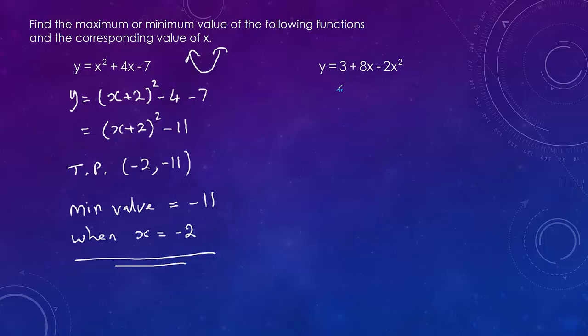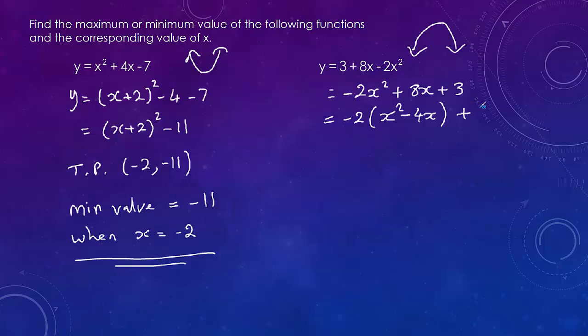So if we come across to this one here, I've got -2x squared plus 8x plus 3. Now the fact that the coefficient of x squared is negative tells us this time that we have a sad curve, and that means we have a maximum point. So take out -2, and then we'd have x squared, and we want to get plus 8, so if I put minus 4x here,